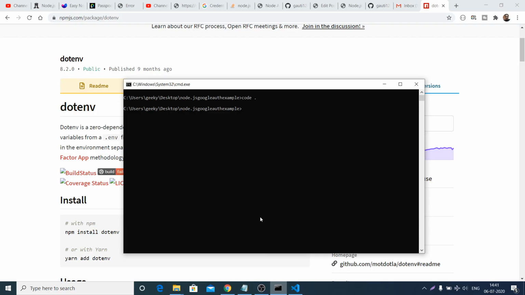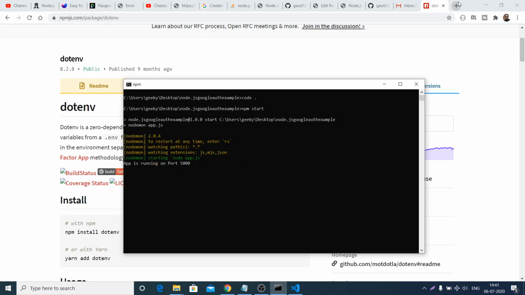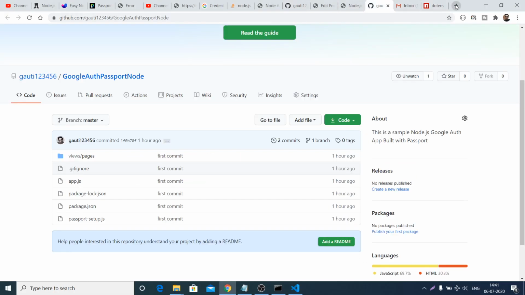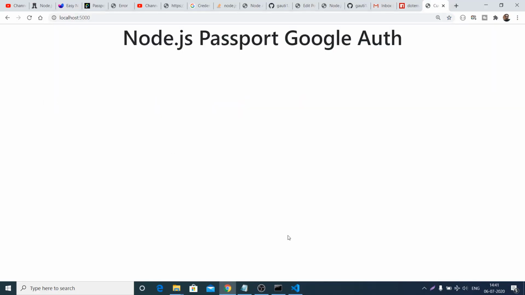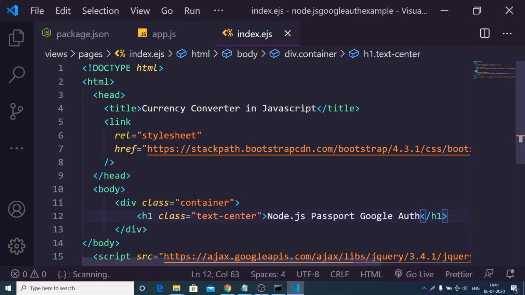At this moment, when I start the application by npm start, it will start my Node.js application at port 5000. If I go to localhost:5000, you will see our page, Node.js Passport Google Auth.